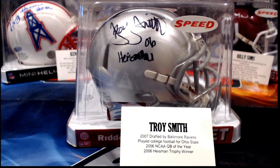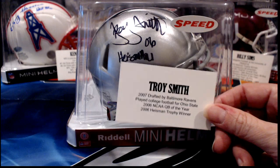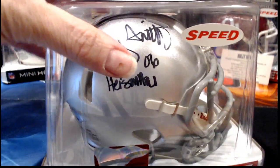So let me do one little thing here. Just checking one. If I hit the right button, I'm going to check one quick thing here, and then we will be recapping this. I really didn't remember it. Well, it doesn't matter, I don't guess, but anyway, okay, so that's right. I just wanted to make sure on this. So he did in fact play for Baltimore 3 of the 4 years he was in. So Troy Smith for the Ravens is a nice little